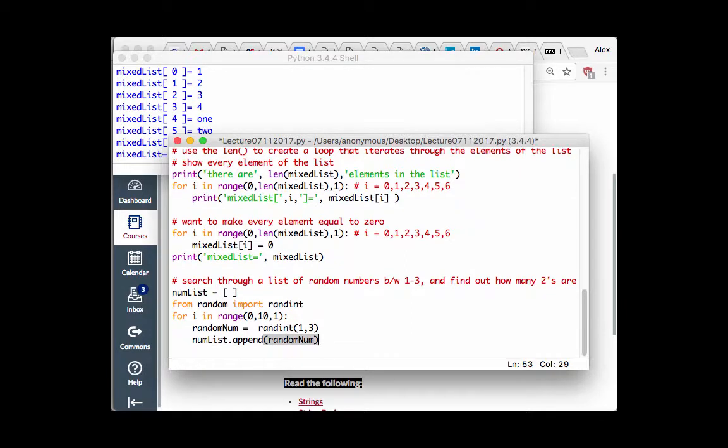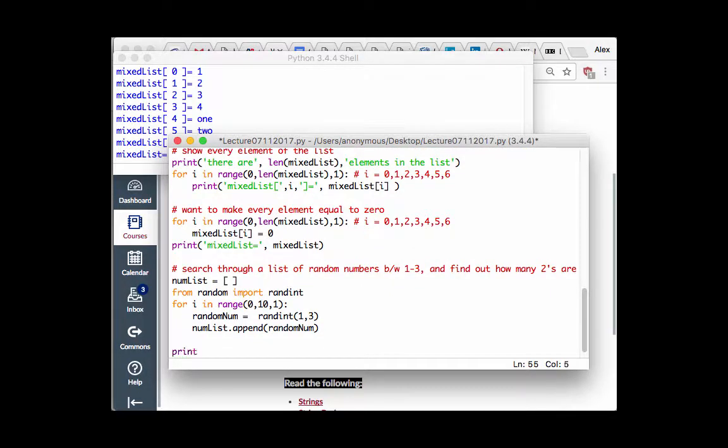Okay, so I'm going to make that list, and I'm going to show you the list. Print num list equals num list, and then, well, actually, let's say this is make a list of random numbers between 1 to 3, and now the next piece is